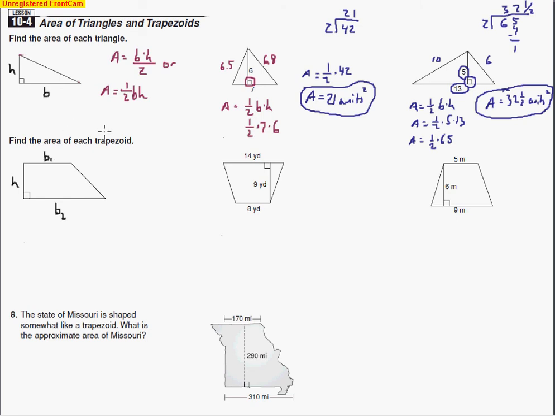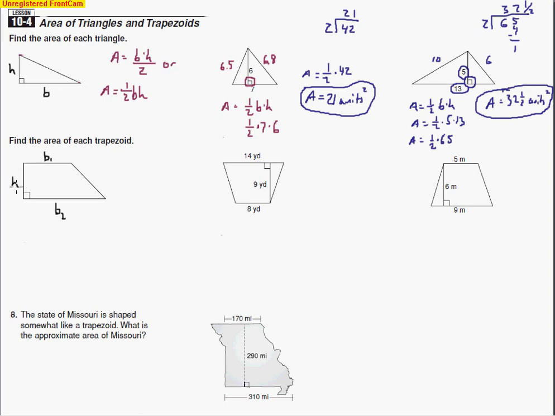Let's say, take this trapezoid. A trapezoid we know has two parallel sides. So this side here and this side are parallel. This side and this side are not parallel. But what, again, we're looking for is that right angle symbol. That right angle symbol tells us that the distance between the two bases